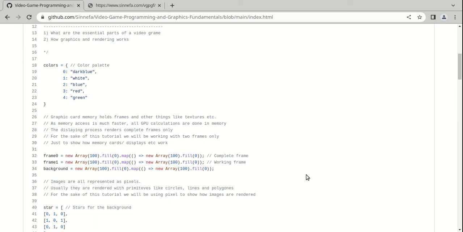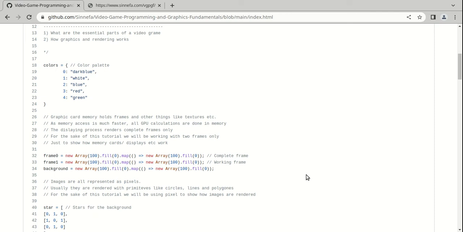Background is a variable that in a way represents a texture. And this is again something that must be stored in the memory so that it is as quick as possible to just retrieve this image and to display it on the screen. In fact, we will use the background and we will have to redraw the background once we have the frame ready. And in this way, we do not have to recalculate the background every time, as you will see